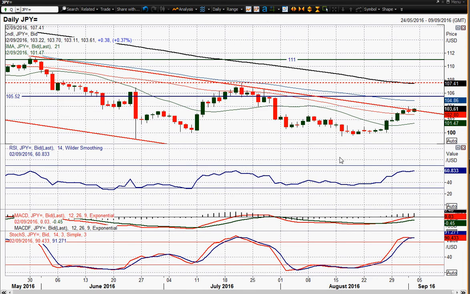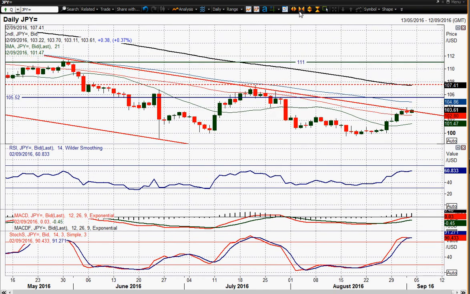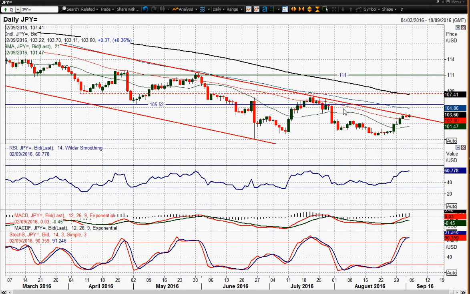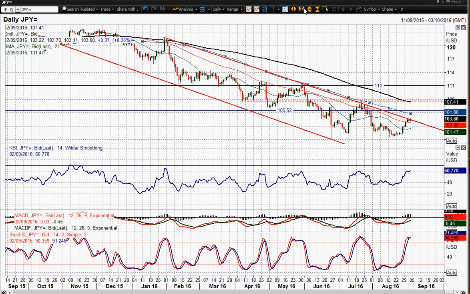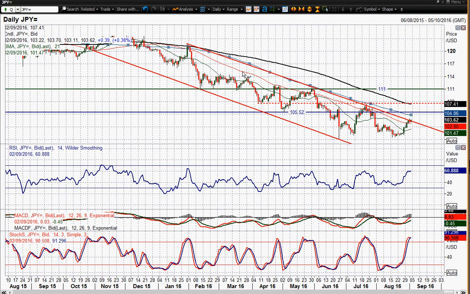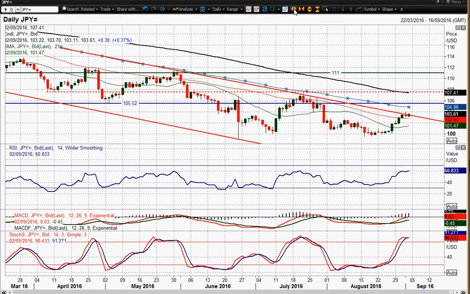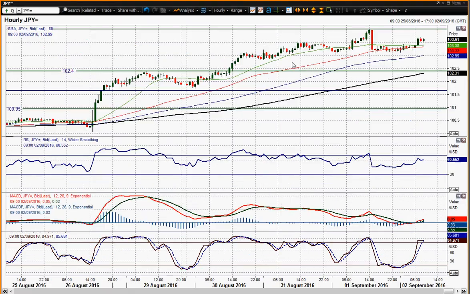So this payrolls report comes at a key time, I think. A strong dollar payrolls report would ultimately change the outlook on this dollar yen chart. You'd sort of look at the 104.86, the falling 89-day moving average as well, which has been a basis of resistance throughout this year. So you'd look at all these indicators, and you think, well, this could be a game changer potentially, and a strong dollar move on the back of this payrolls report would be very interesting and change the outlook.